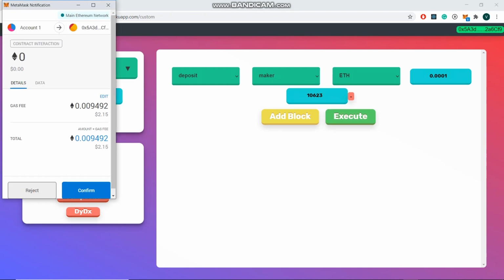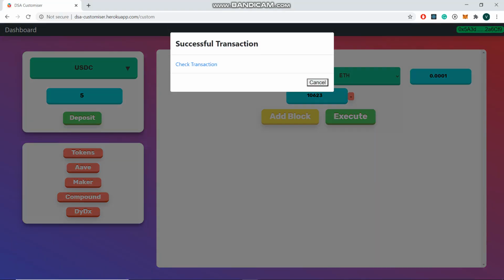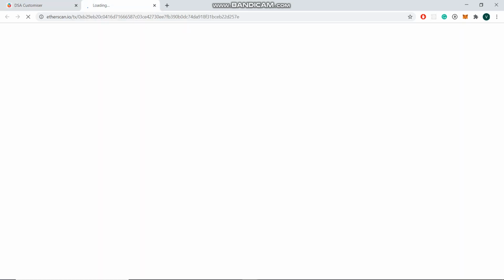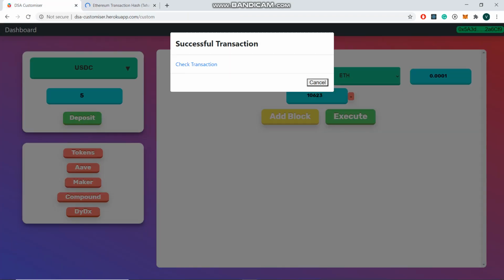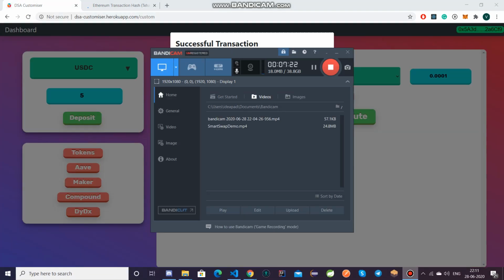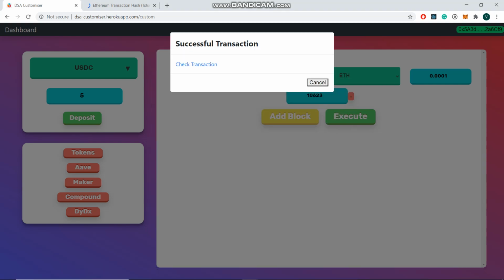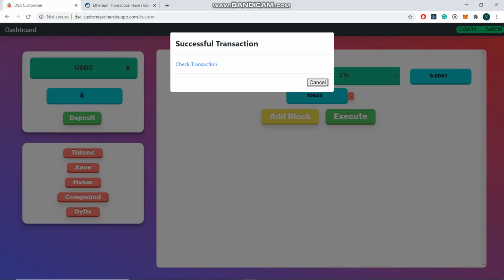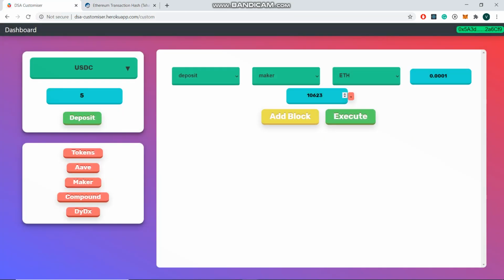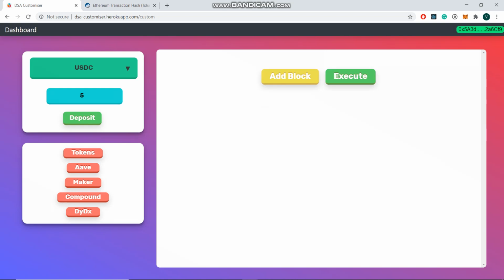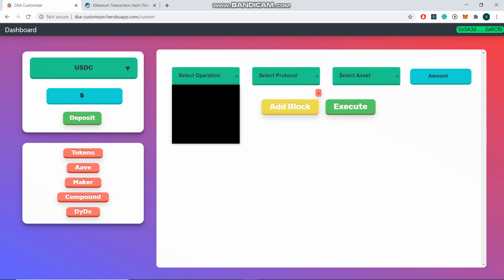And this will show me the transaction. Once I press confirm, I'll get a pop-up which will show my transaction, and then I can just click on that, and this will show my Etherscan transaction. So that's basically how it works. So I can track that. And meanwhile, these are basically the functionalities, and you can add multiple spells.